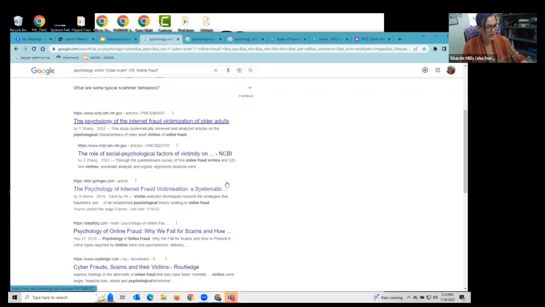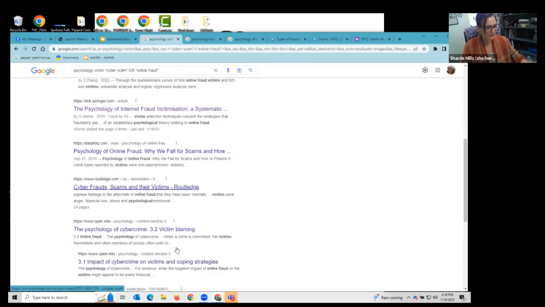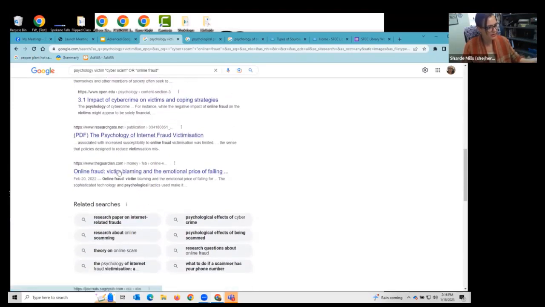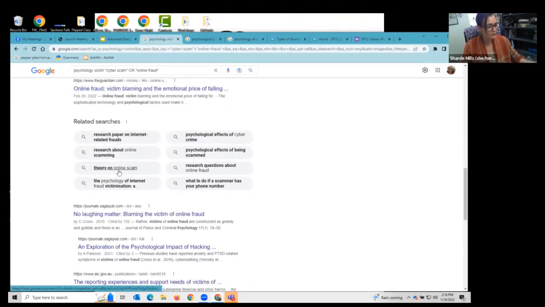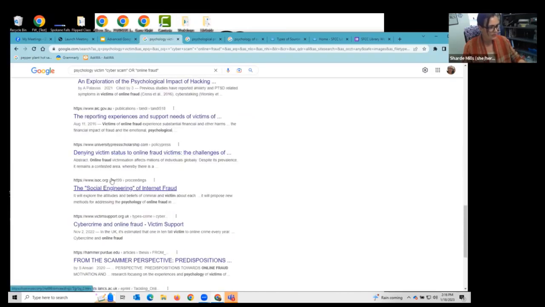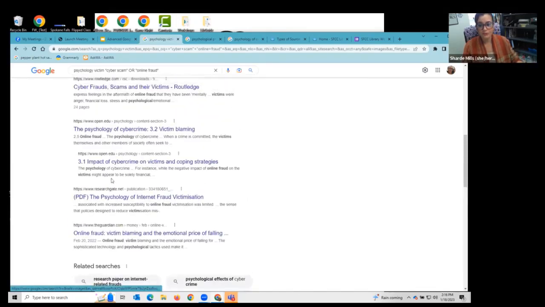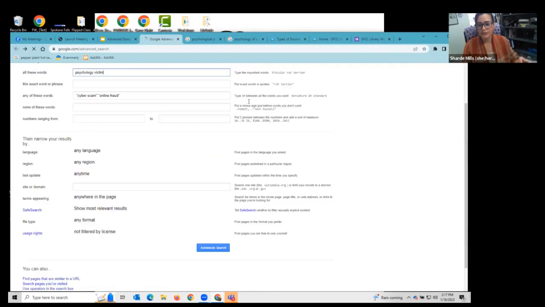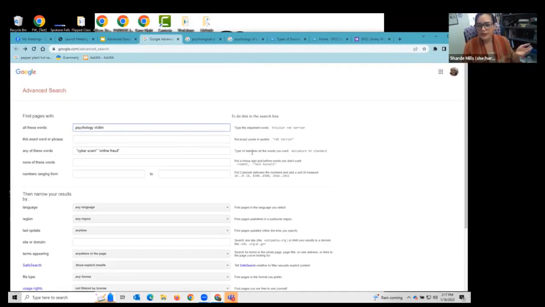And again, we want to look at the source types, all the things that we've talked about earlier about looking at where the sources are coming from. I'm pulling some scholarly articles, The Guardian, long format magazine publications. I'm pulling from government websites. So here you can see that the type of information I'm pulling has changed just based off of the words that I've used and my establishing the relationships between those words.